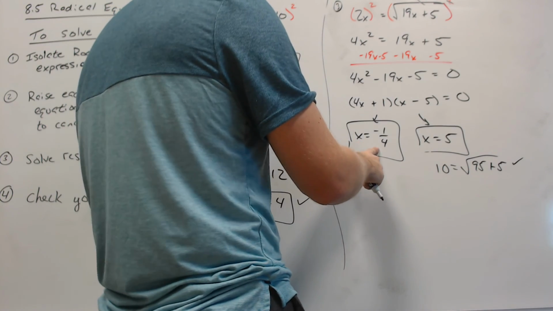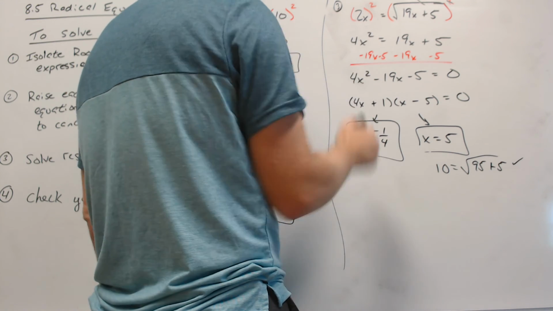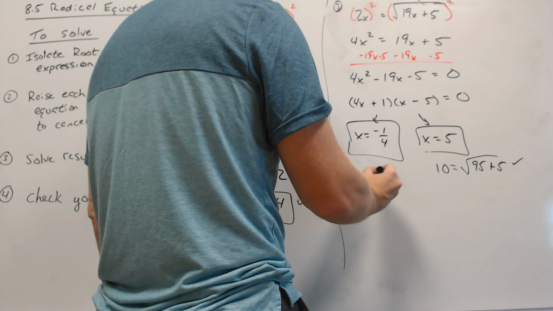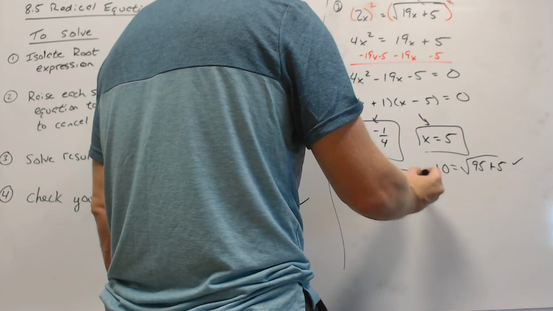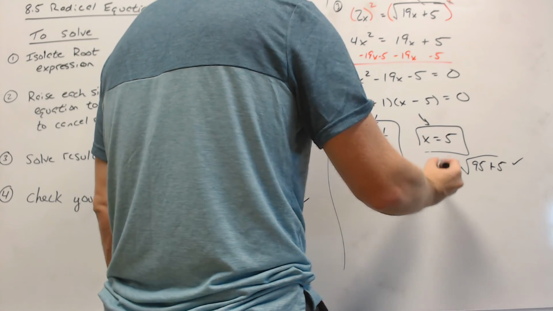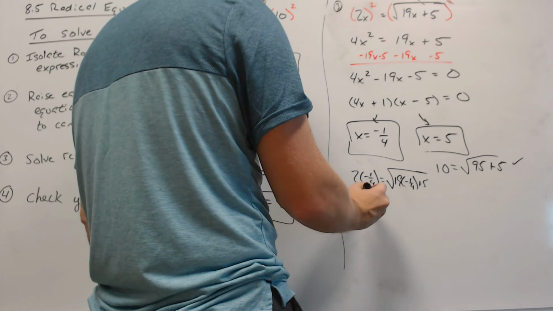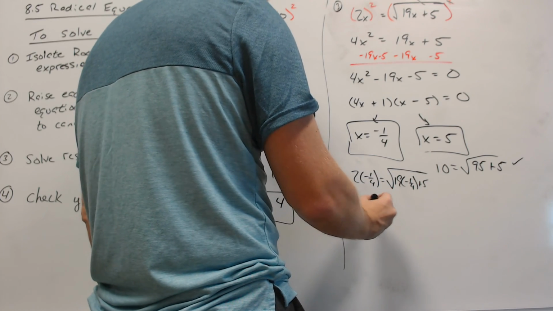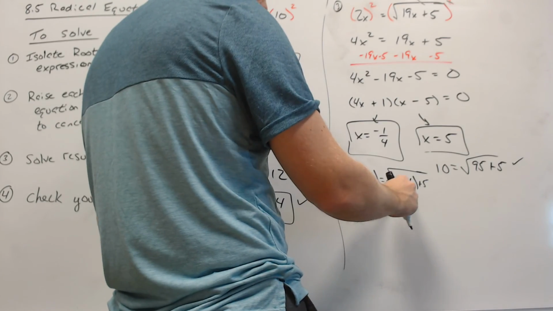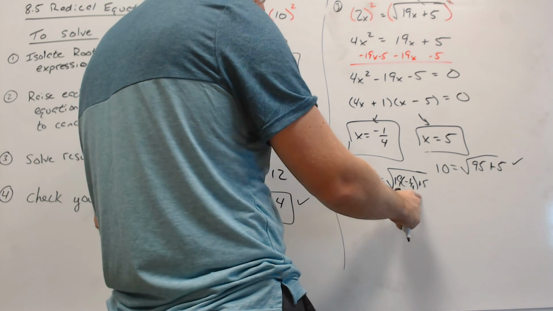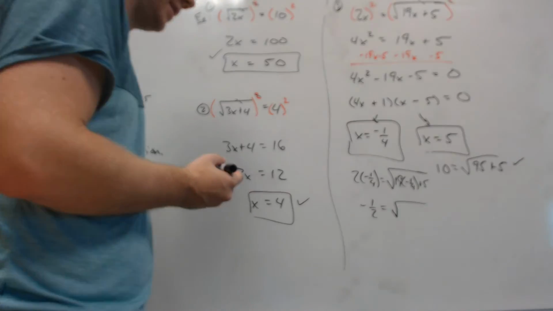Okay, the other one, if I plug in negative 1/4, 2 times negative 1/4 equals the square root of 19 times negative 1/4 plus 5. I can already see an issue happening here. When I multiply this, I'm going to get negative 1/2. And it doesn't really matter what's over here. I'm taking a square root of a number. When I take the square root of a number, I'm not going to get a negative. It does end up being, what's that going to be? Negative 19 over 4